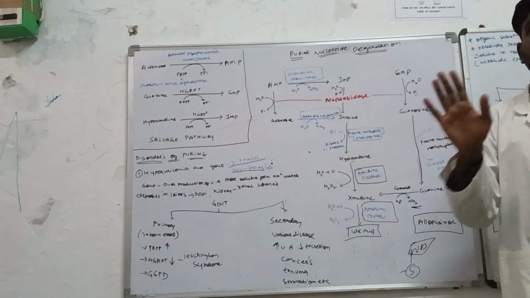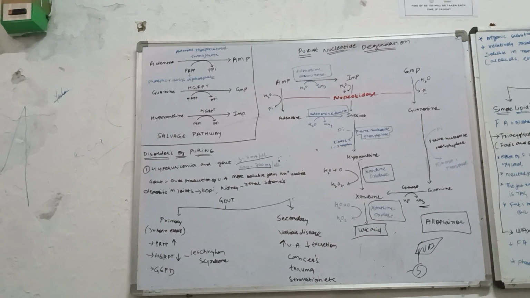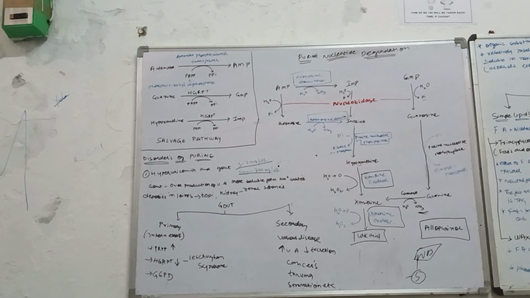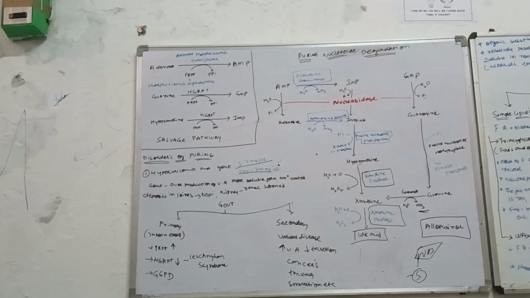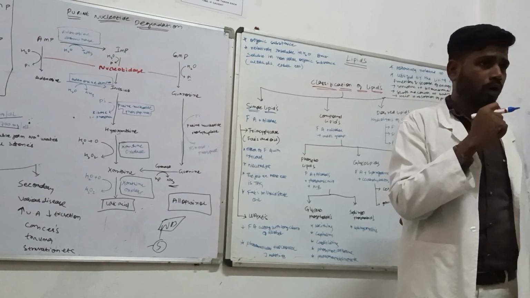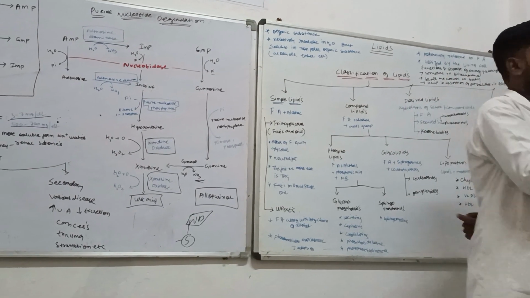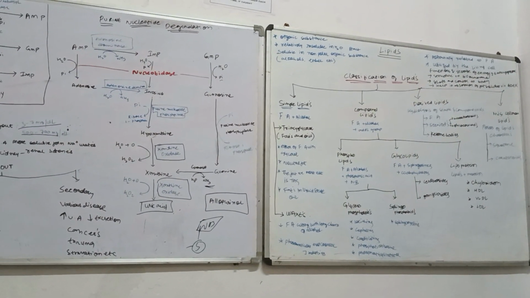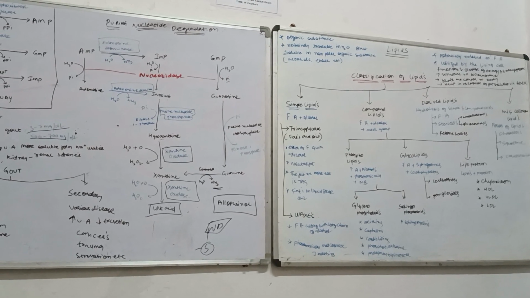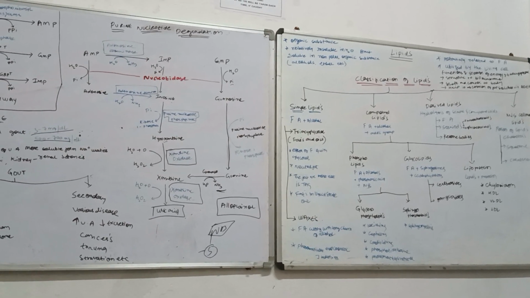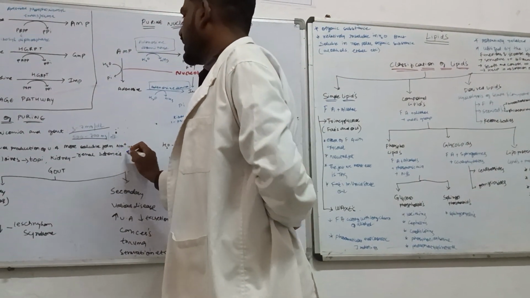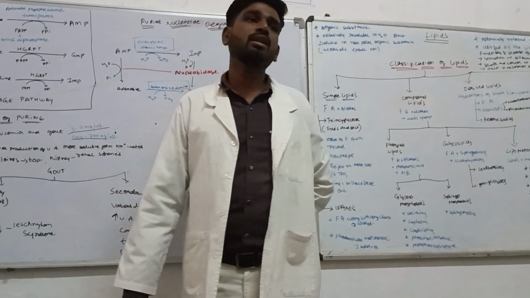Now, these gouts, you should be seeing on the board here. Gout, GOUT, that means increased level of the uric acid. Uric acid can turn into a more soluble form, and they are going to make a product called sodium urates, URATES, sodium urates. Generally, the uric acid will be insoluble in form.